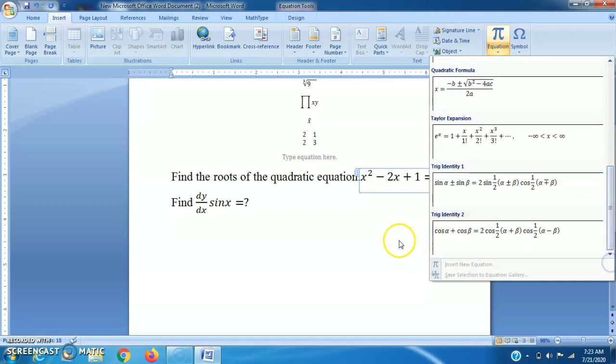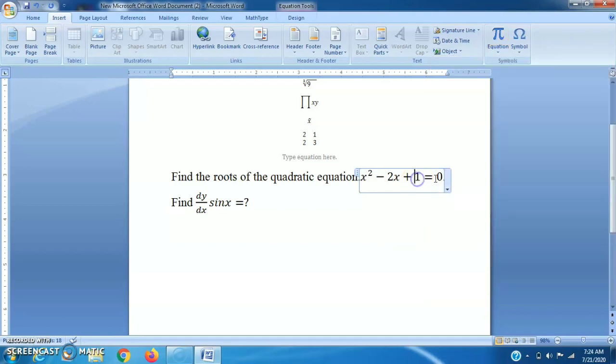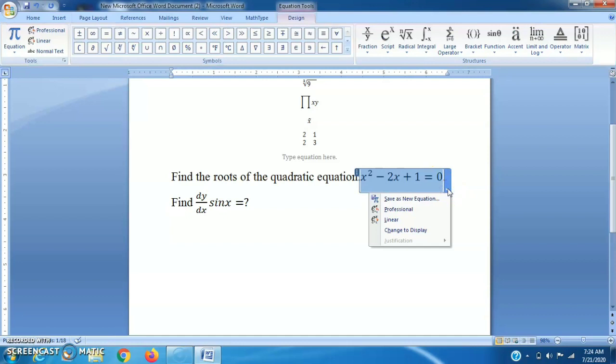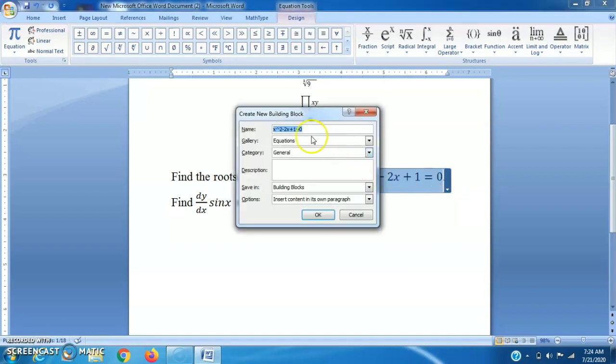For this, what we have to do, suppose I want to make this equation, I click on this and save as new equation. Then this type of box will appear before us, and we have to name it. Suppose it is a quadratic equation. Quadratic equations, category general, description, whatever, algebra.